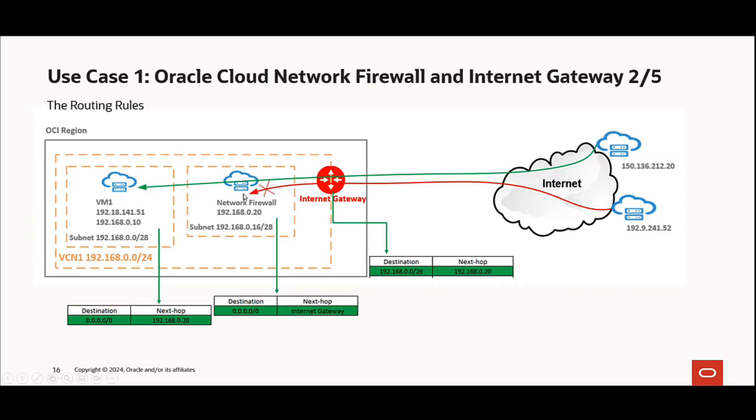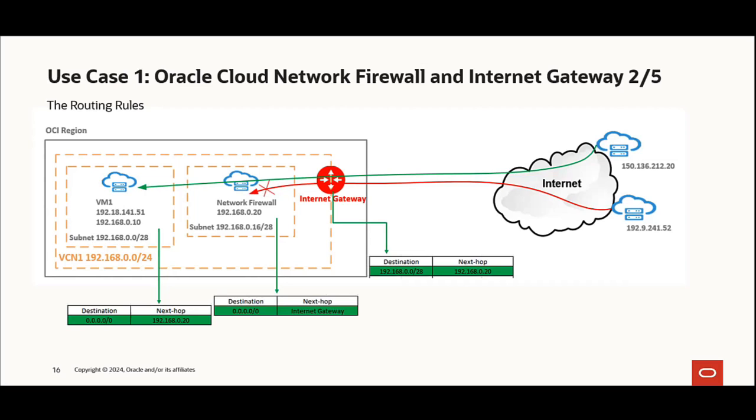At the subnet level where my network firewall sits, I will have a default route pointing to the internet gateway as my next hop, right? So the network firewall will send the traffic to the internet gateway. How about the returning traffic? Or how about once the traffic is originated from the internet, how can we manage the traffic to flow